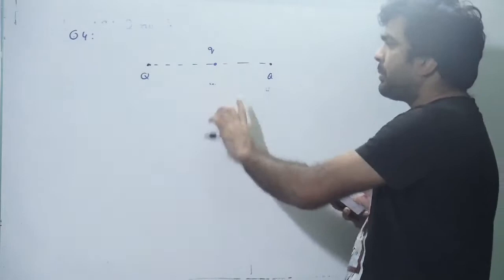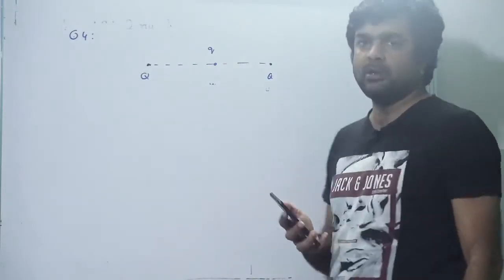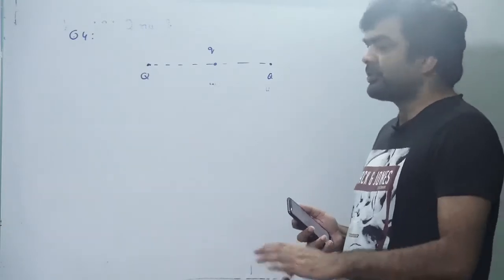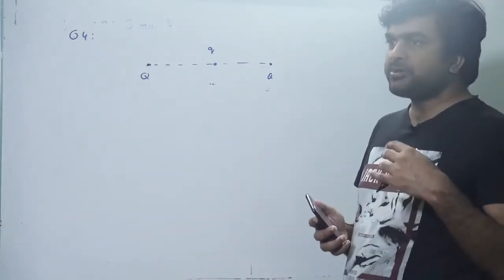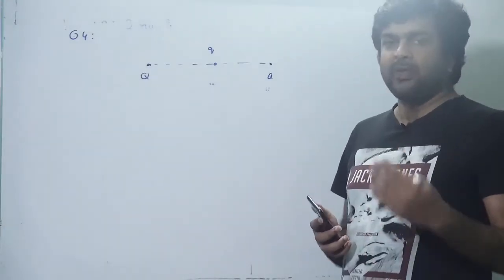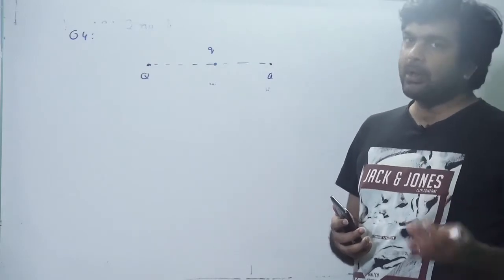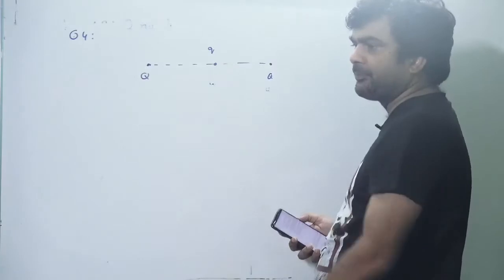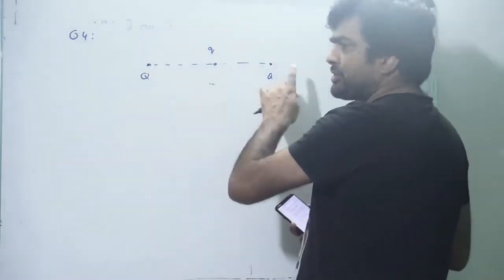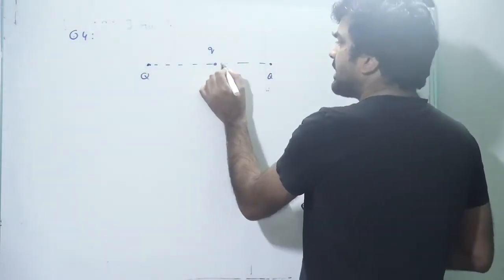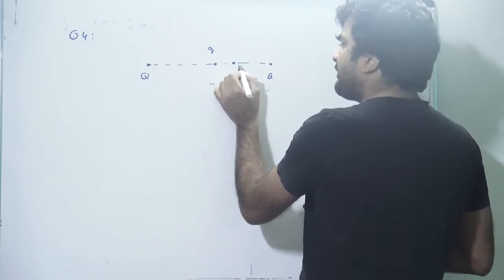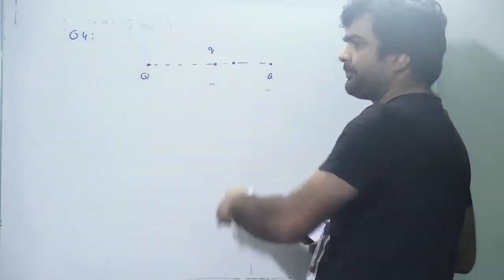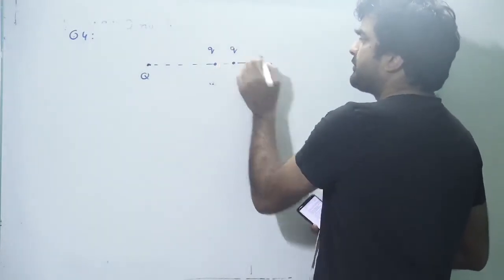So at this particular position, the charge will be in equilibrium. Net force on the charge will be 0. So we have to tell whether this equilibrium will be a stable or unstable equilibrium along the line joining. So along the line joining the two charges, if we displace this charge slightly, let us say on the left or right, so we are displacing it towards right. This is also a positive charge.